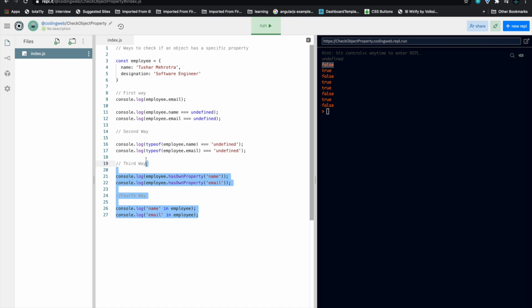Okay, I will comment out everything else just for a second to show you. So if you see now, employee.name, will it be equal to undefined? No, it will not be equal to undefined because employee.name is equal to this, and triple equal means that the value should be equal and the type should be equal. The type here is string and this is undefined, which is also a type in JavaScript. So the type is not matching and not even the value, so it will return you